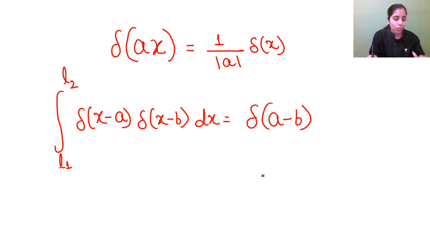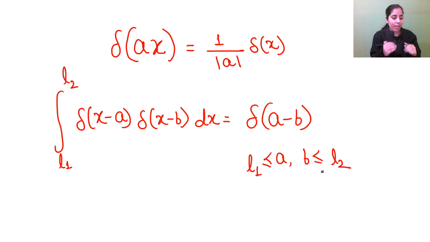Clear? And one more thing. The condition corresponding to this property is that A and B both should lie between L1 to L2. Then you can use it. Still there is a property. So as I was saying, instead of knowing,